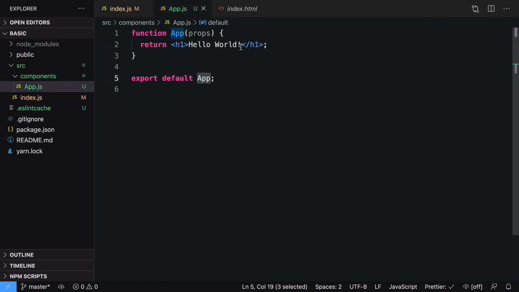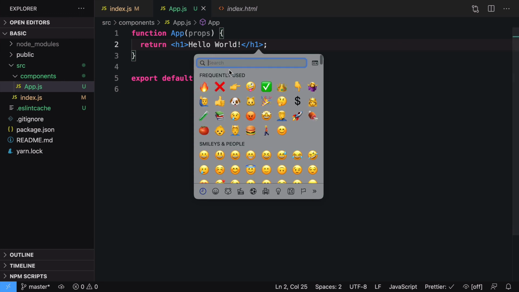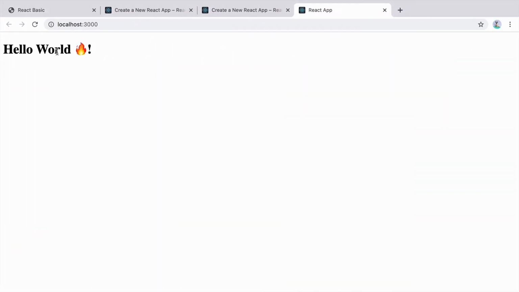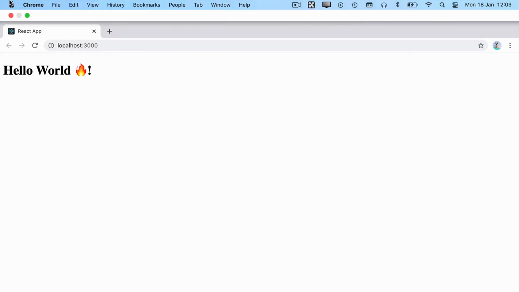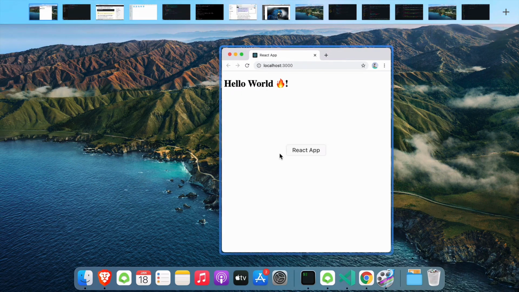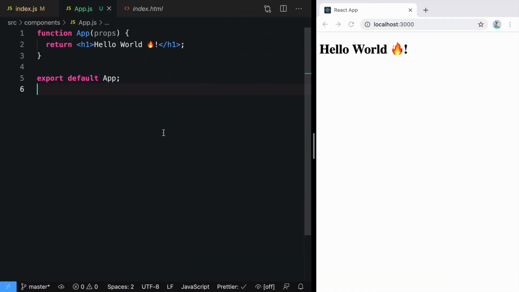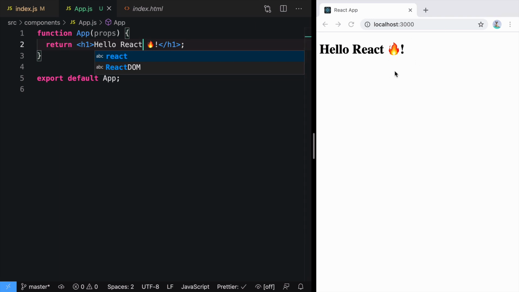What if I change it to add an emoji? So I'll go ahead, add a fire emoji, go back here, and you will see it is updated by itself. I will put this React app here so you can just see directly how fast it refreshes. Now I'll show you some of the things that make you a productive developer. Say for example, you are changing world to React. You save it, and what happens is even if I'm not refreshing the page, it got refreshed by itself. That helps you with the speed of building stuff.